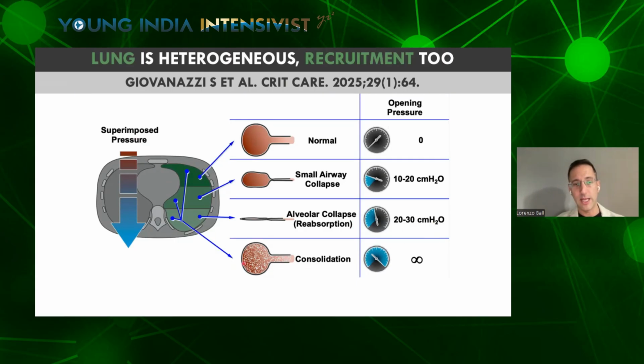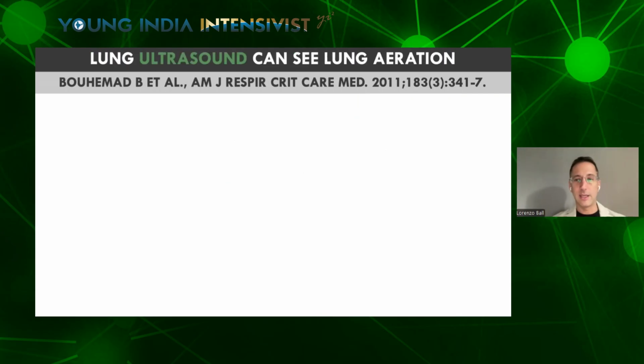And then I will have consolidation, which can be dorsal, but for example, in bacterial pneumonia, can also be located heterogeneously, even in the ventral regions, as we all know. And these regions, if they are consolidated, there is no pressure that will ever manage to reopen them. We have seen that CT is one technique that can measure very precisely at the regional level how the ventilation is distributed in response to a certain setting of the mechanical ventilator, but there are several techniques which are much more convenient that can be used at the bedside.